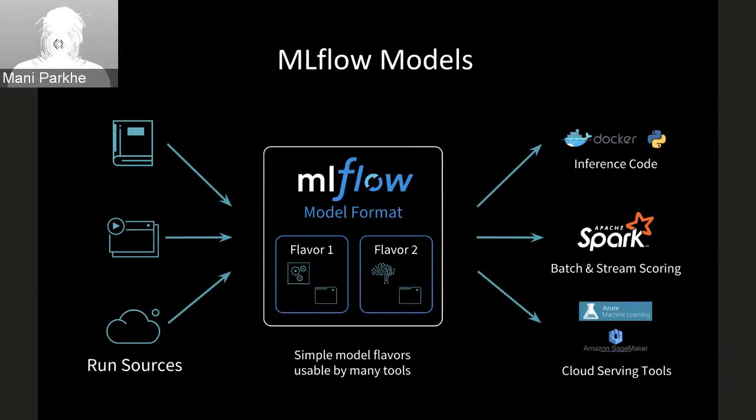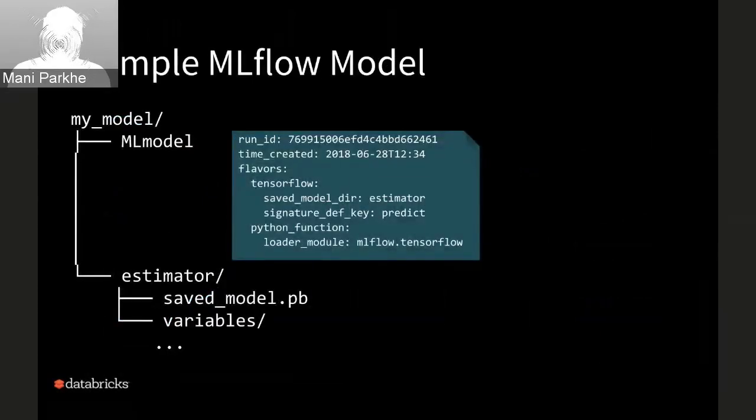So this would be a way of saying that the same model that is used by one team for, let's say, batch scoring is also used by another team for some real-time scoring. And it uses the same model that is being written by MLflow. So how does this look? Again, this is a packaging format. The format will be very similar to what you've seen in projects. It is an ML model file, and it has a few things.